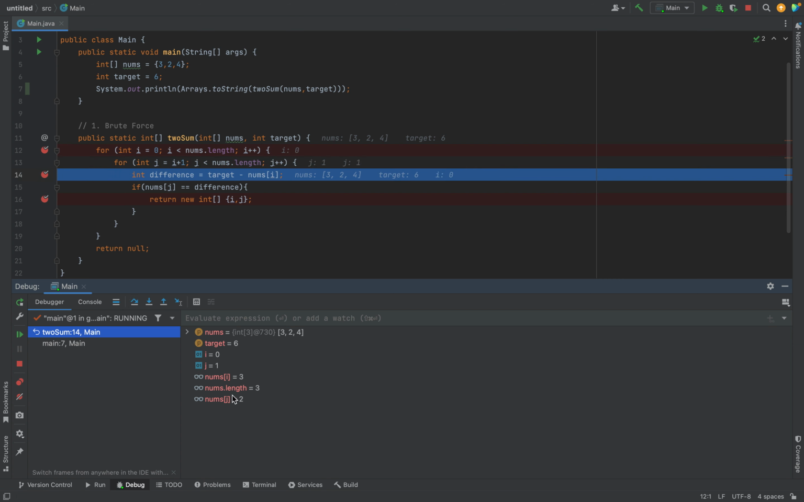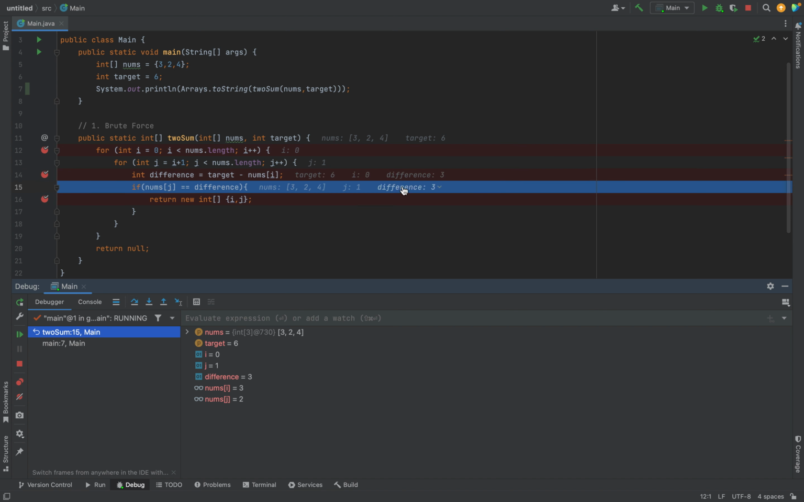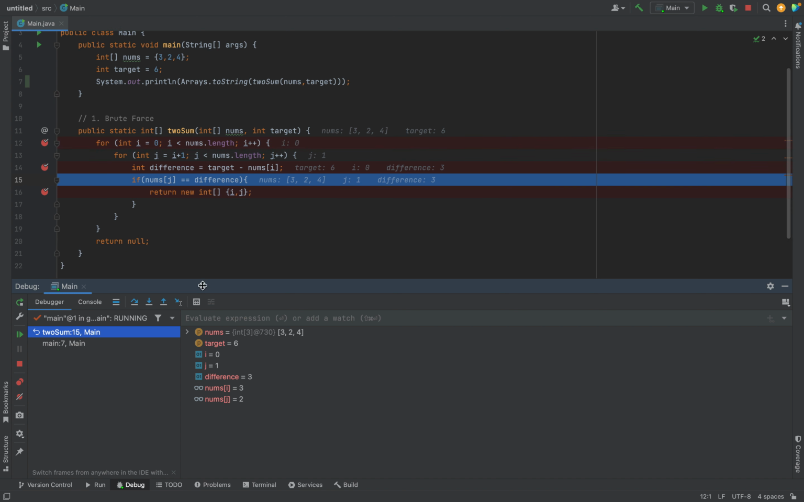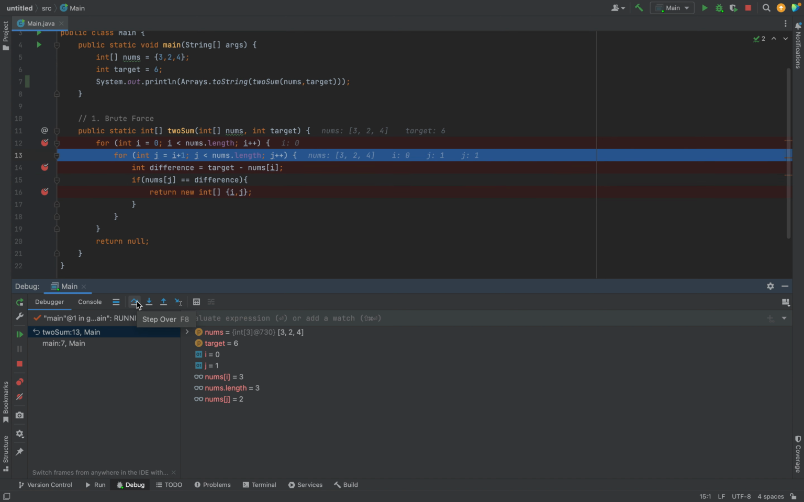Nums of I is equal to 3, nums of J is equal to 2. Let us see the difference. Difference is 3, and the target what we want is 6. Currently the nums of J is equal to 2 and 2 is not equal to 3, so definitely it will not go inside. Now it will increase the loop again,